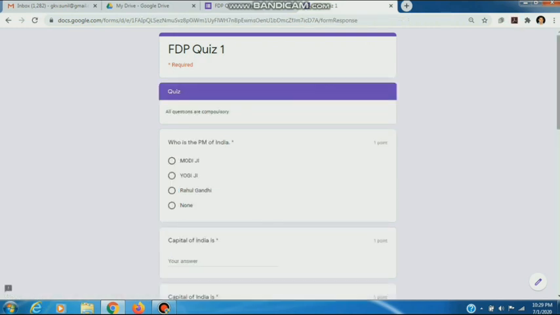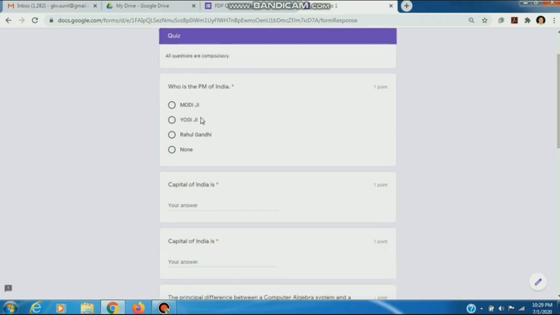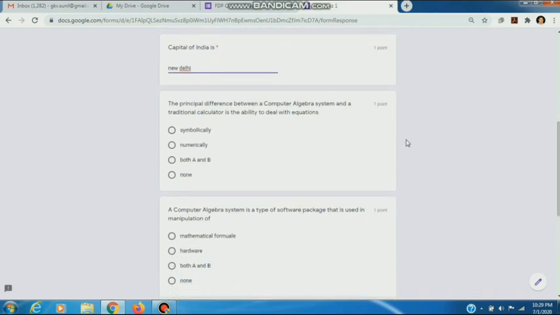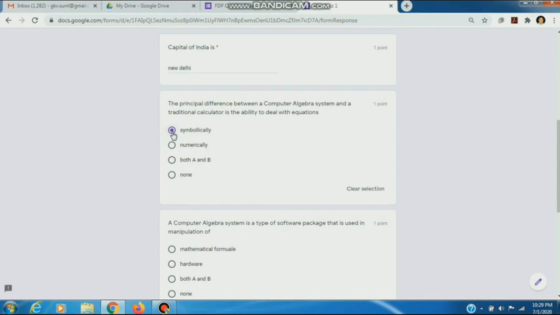I will answer these questions. Who is the PM of India? Obviously Modi ji. Capital of India is New Delhi. It is copied twice, so again New Delhi. Now the next questions, whatever I want to answer, may be correct or incorrect.